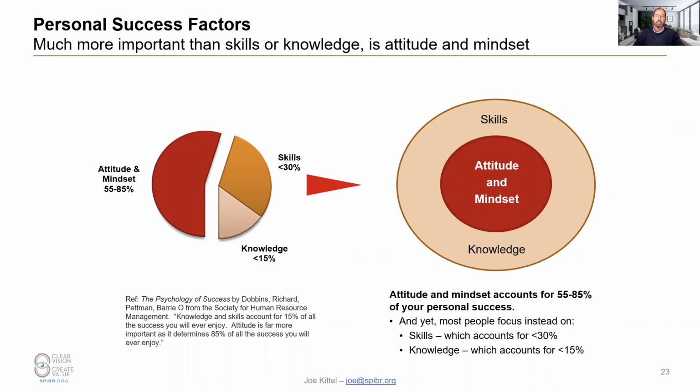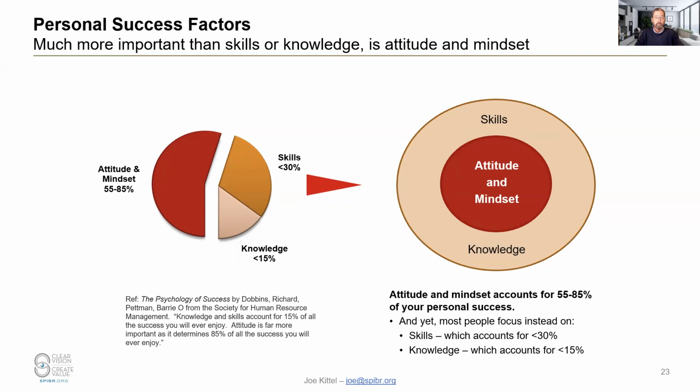So far, we've discussed specifics about the role of strategic relationship manager. Now, on this slide, we're going to get general. We're going to generalize this discussion just a bit. Then we will get back to specifics in the following slides. There are 3 factors or attributes that lead to personal success. The first is knowledge, what most people focus on in terms of hiring or education. Knowledge is the easiest to change, and it's actually the least important.